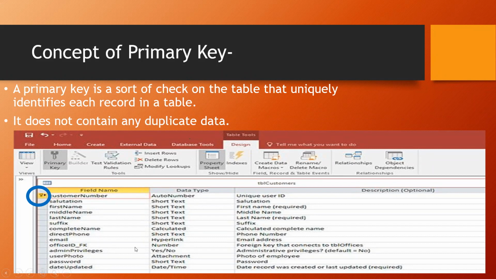Now here in this table which I have displayed here, there is customer number. So, beta, customer number is something which is for the individual. It's like roll number only. In schools we have roll number, maybe in an organization or in any mall we have customer number. So customer number will be generated by default and it will be unique. So I can make this a primary key. Now why do we use these primary keys, beta? When we have to create the relationships between different tables, that time we have to set a primary key in order to make it the base of the relationship.